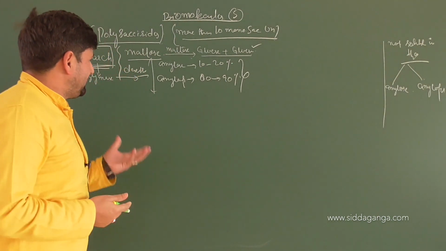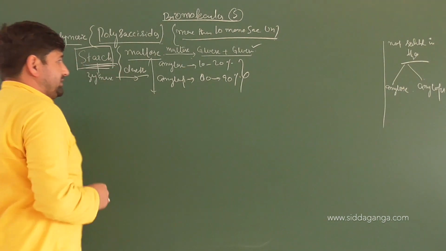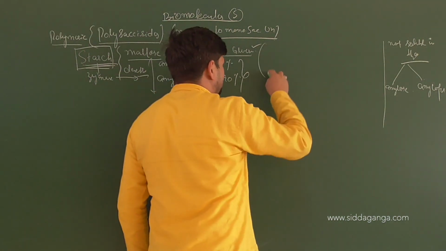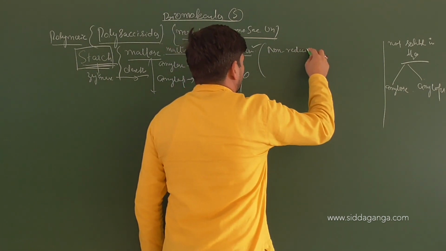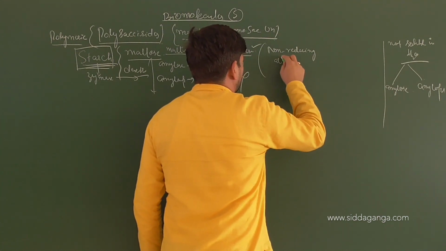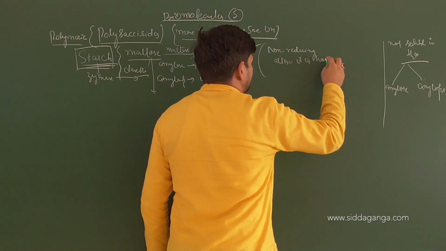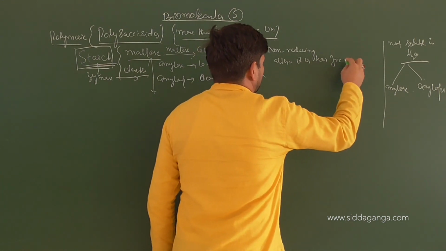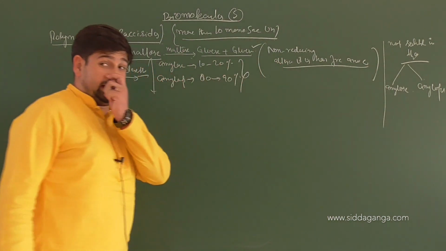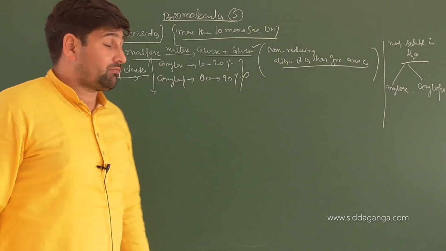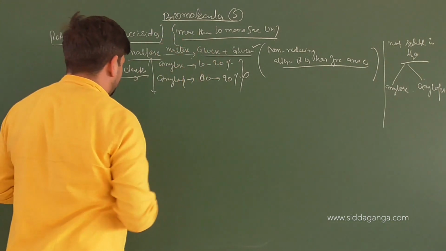Now, what exactly does the amylose part mean? What does amylopectin mean? And what about this starch, whether it is reducing or non-reducing? Remember that starch is non-reducing, although it has a free anomeric carbon on its basic monosaccharide unit. I'll explain these things well. So this is the basic information with respect to starch.